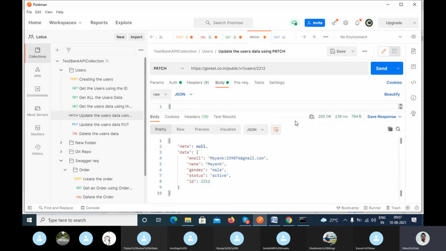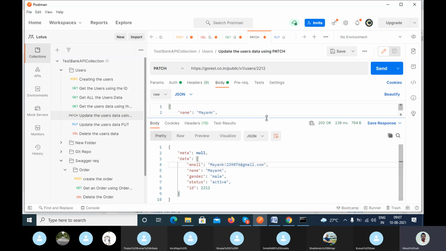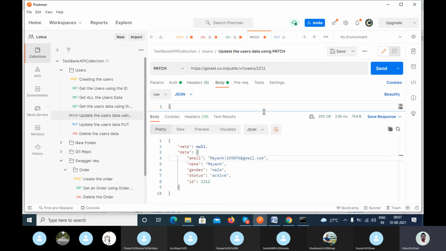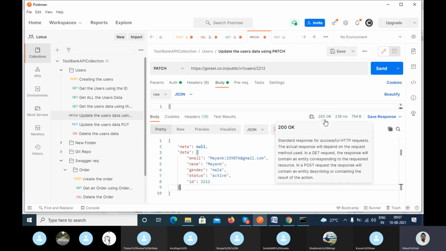You can see here you are getting 200 OK. That means you are getting the successful response, right? And if the client does not want to print anything in the response, like you are passing the ID, updating the data, and the client does not want anything printed, then they have to use 204 no content.